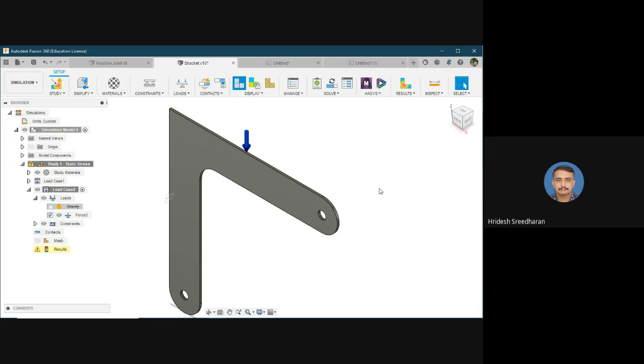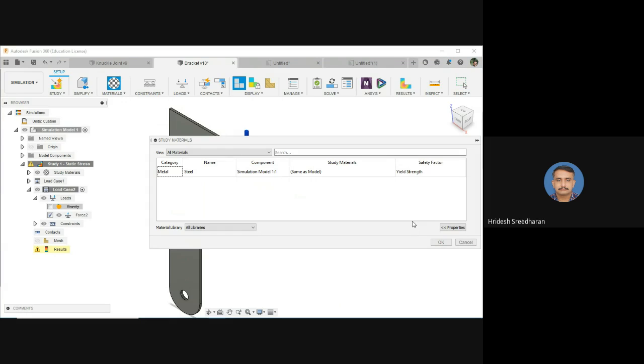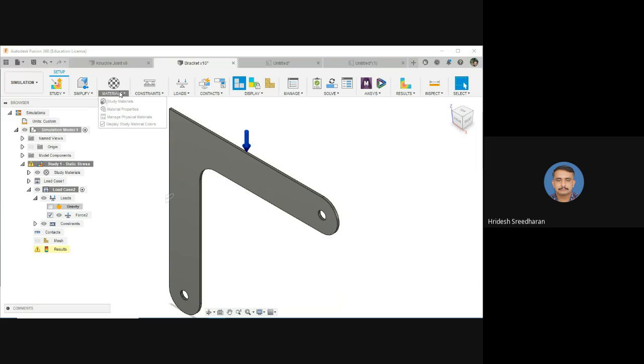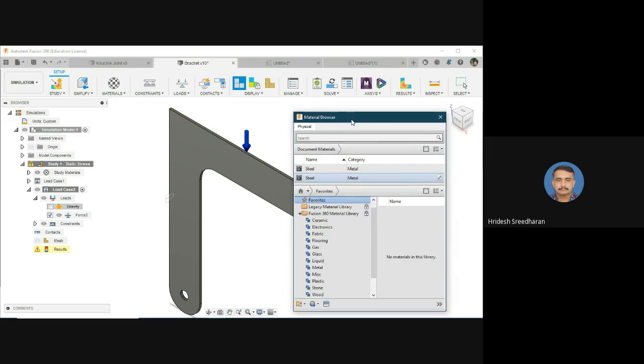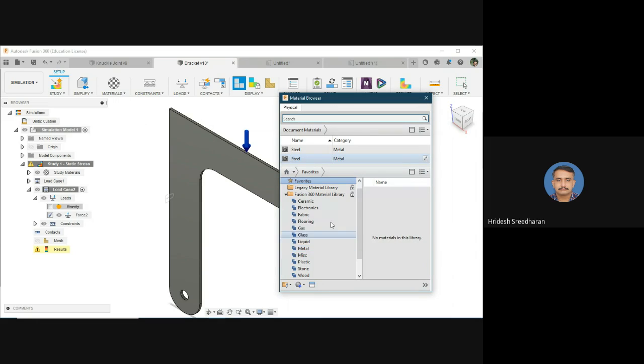Laminate properties. Actually, we should create custom properties. The default standard materials are only available in Fusion 360. Okay. So if you need to go for that, you have managed physical materials. So default materials will be there.